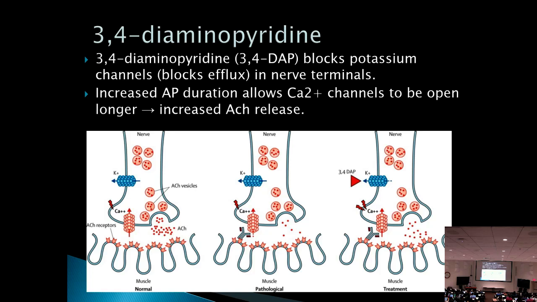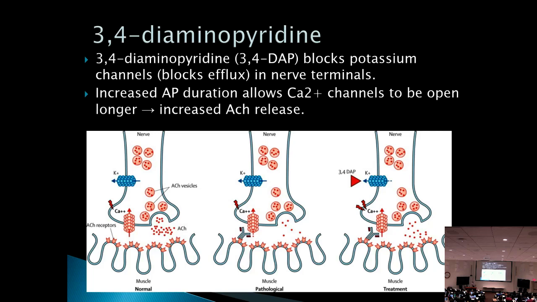So the effect of this medication, 3,4-diaminopyridine, is to block the potassium channels. The effect of that is to prolong the duration of the action potential. So you prolong the duration of the action potential, and here we see more action potential, and that helps a little bit to overcome the effect of the antibody against the voltage-gated calcium